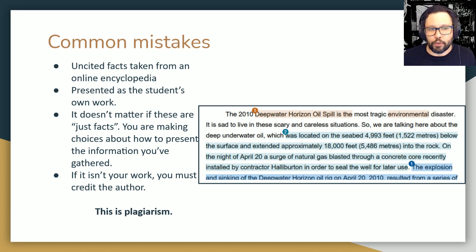Right, if you don't know how to present this information in some other way, either quote it directly or ask yourself, why do I need to present this information at all? Is that information actually important and central to your discussion? These are choices that you have to make for yourself. If you're not making these choices, if you're just taking this material from other sources, that's just plagiarism. It's just you not doing your work, so you're not going to get credit.